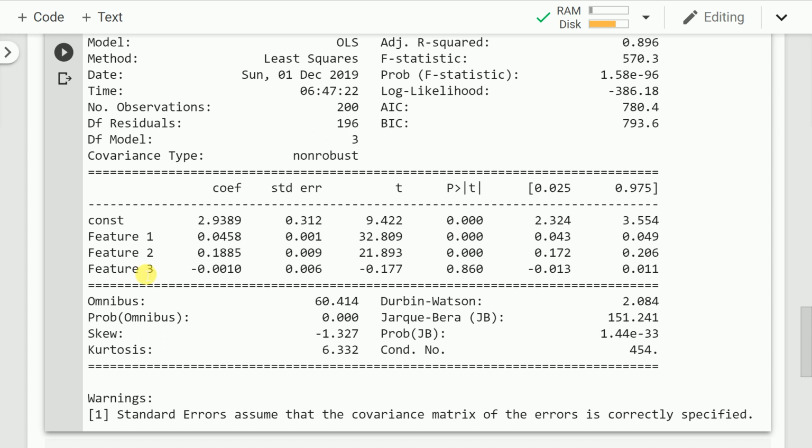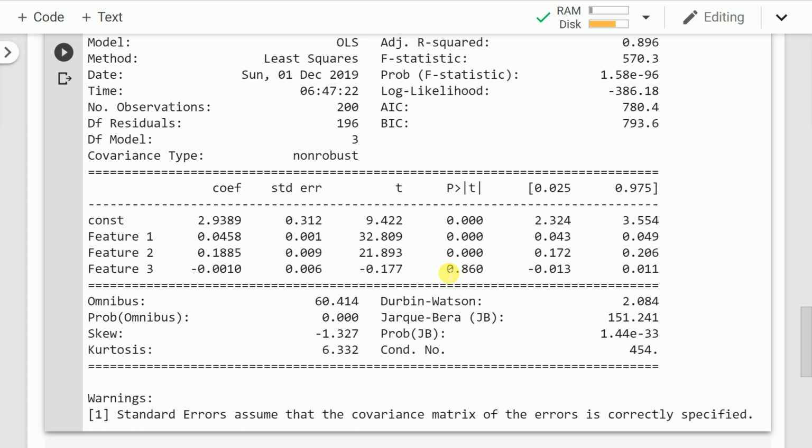Whereas if you look closely at feature 3, the coefficient is negative, which is still okay, but the t value is very small. On top of that, the p value is very high. It has a p value of 0.860. So if you again go by the understanding of what p value is, if your p value is less than 0.05, you reject the null hypothesis and accept the alternate hypothesis.